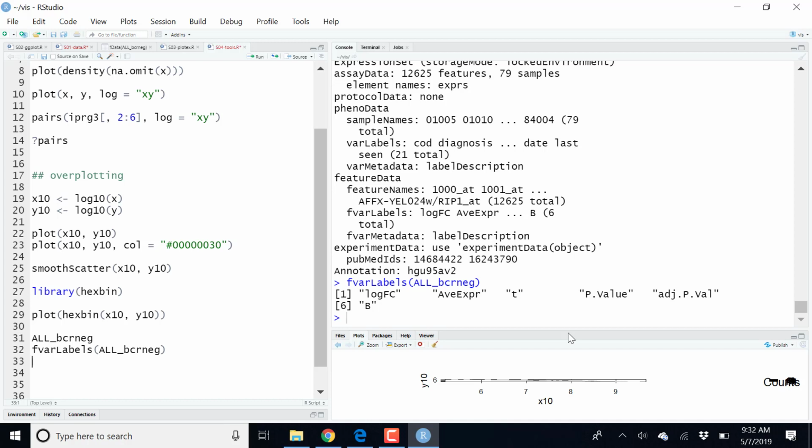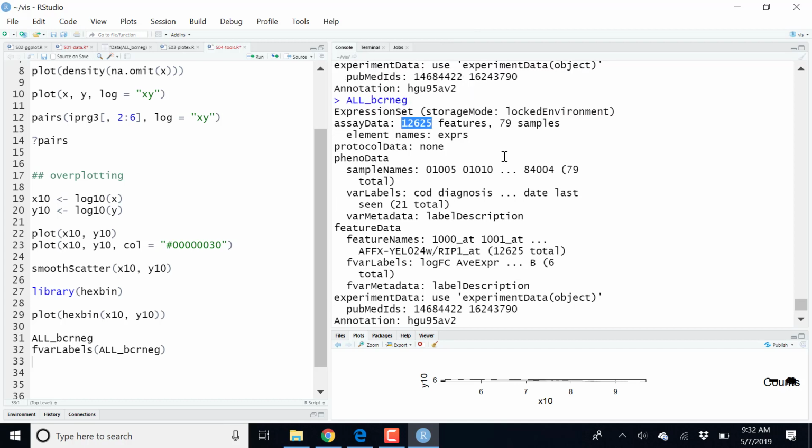And so let's look a little bit and do interpretation of these p-values that we have. So we have 12,625 individual genes for the 79 samples, and so we also have 12,625 p-values that we can extract